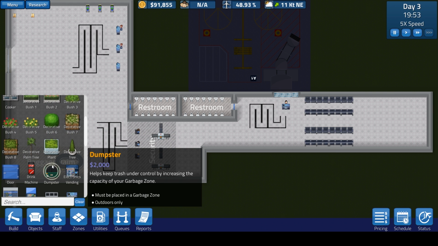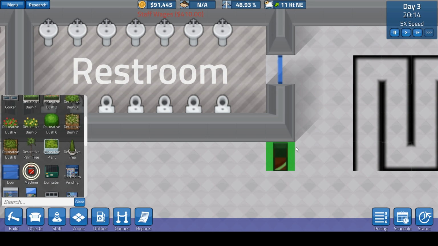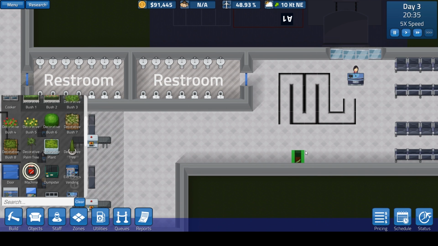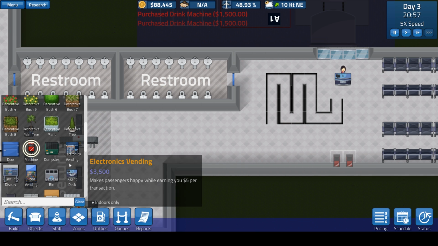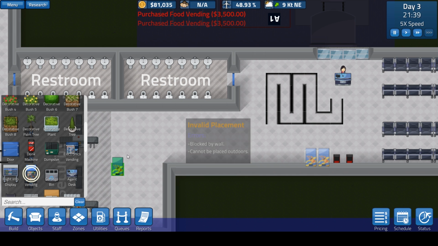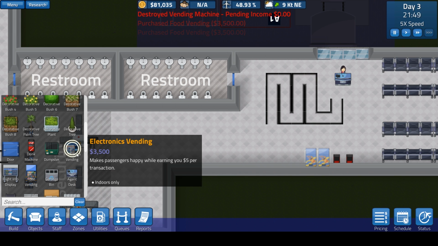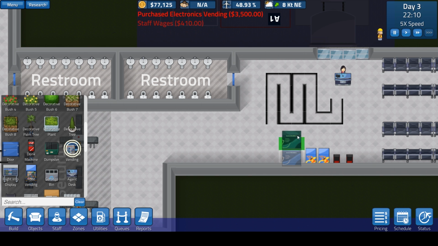What we're going to do, let's do the drink machine. You can put one of those bad boys, that's the front, so that is the back. We're going to put one of these over here, and then let's go ahead and do the food vending machine. That is the back, right? Yep, that's the front and that's the back. We can do something like this, and then maybe just do one of these electronics machines. Again, we'll put that right there, and it'll be right across from the waiting area here, the line,